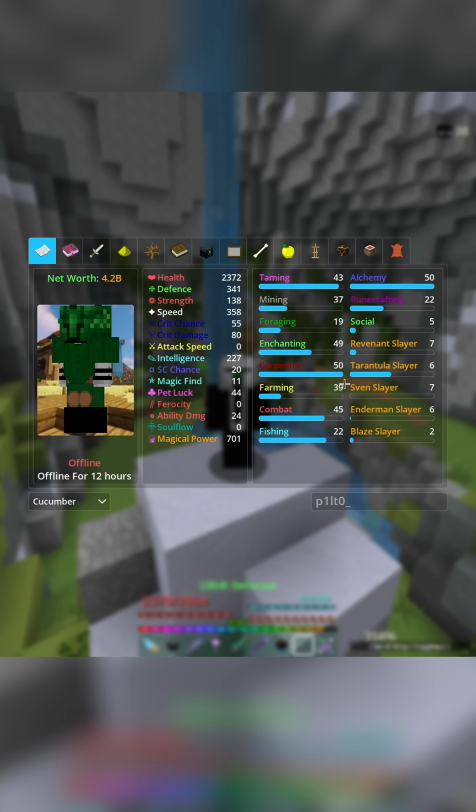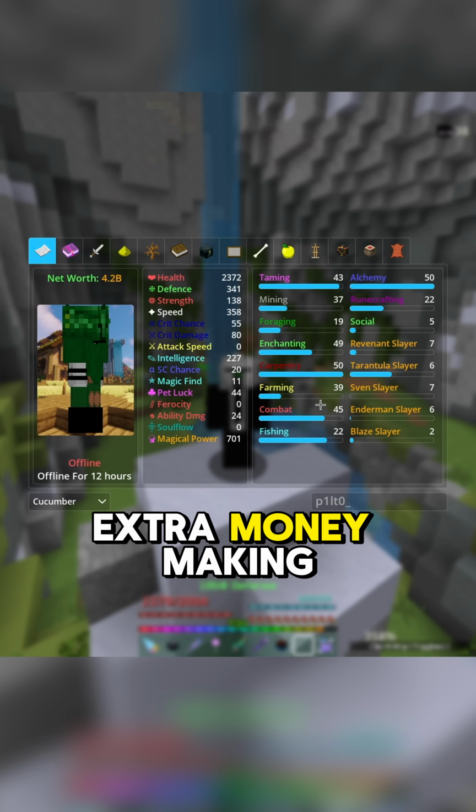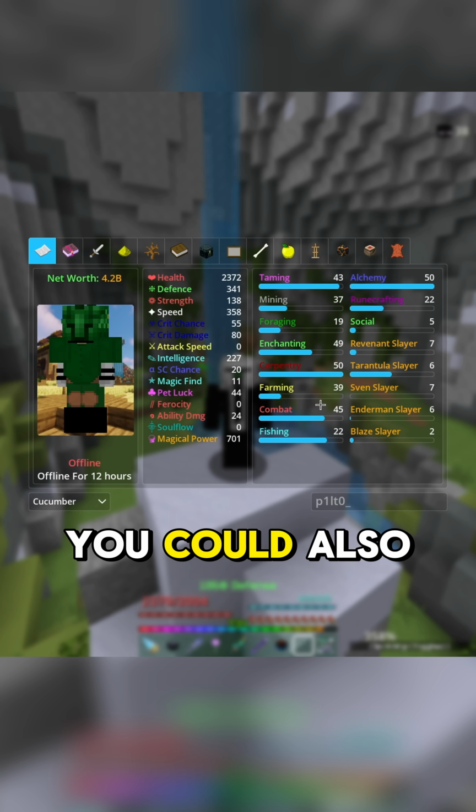But yeah, your main money making methods are going to be farming and combat, so doing floor 7 dungeons and farming. If you want extra money making methods to do in the background, you could also check out my flipping guide,